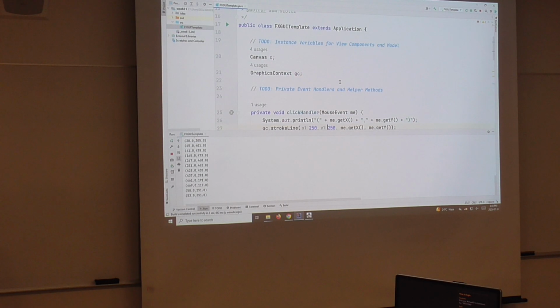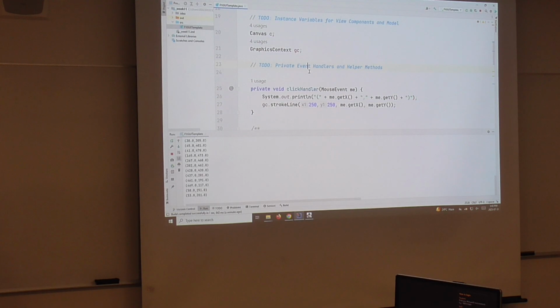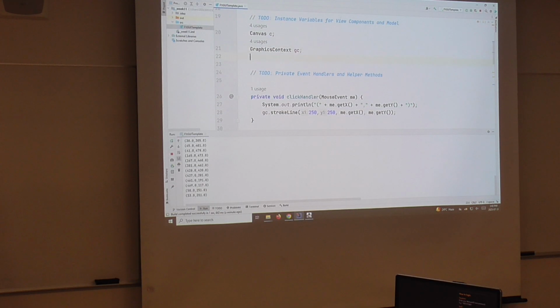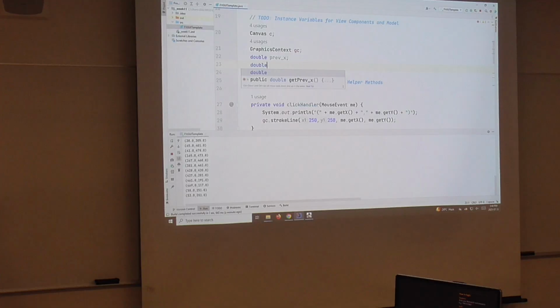If I want to be able to draw a polygon, what you have to do is hold in memory the last mouse position that was pressed, and then supply that for the first two arguments here. Right? So, if we say double previous x, double previous y,